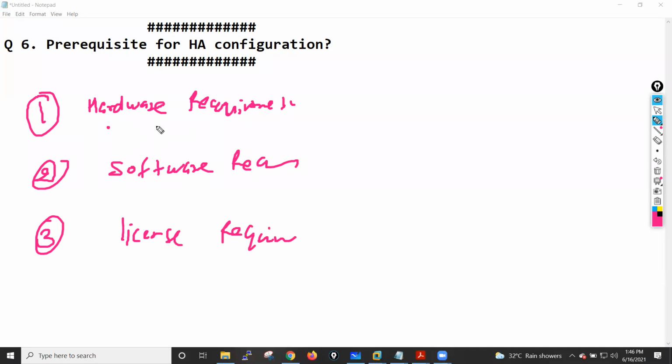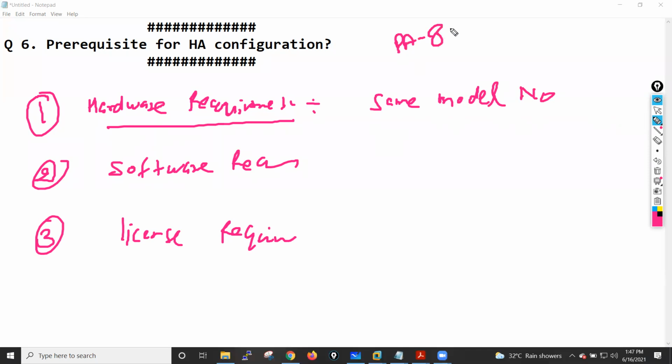When we discuss the hardware related requirements, it means both firewalls will have the same model number, guys. Let's suppose we have a PA 850, then the other firewall also needs to be an 850. We will not be allowed to configure HA between an 850 and a PA 820, or maybe an 860.